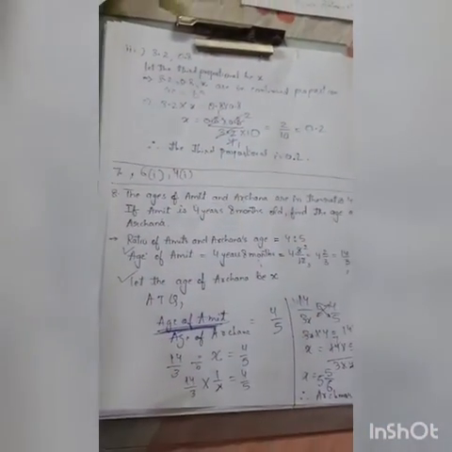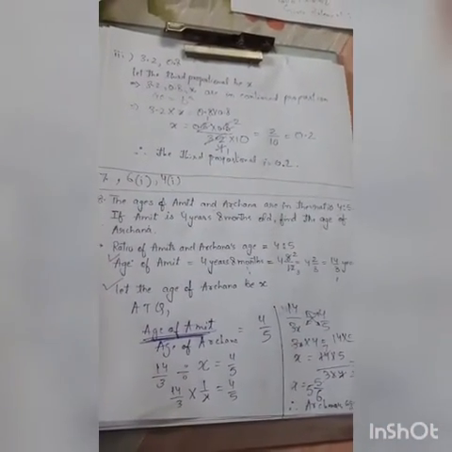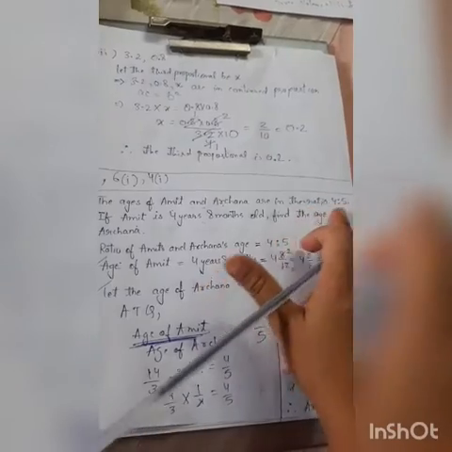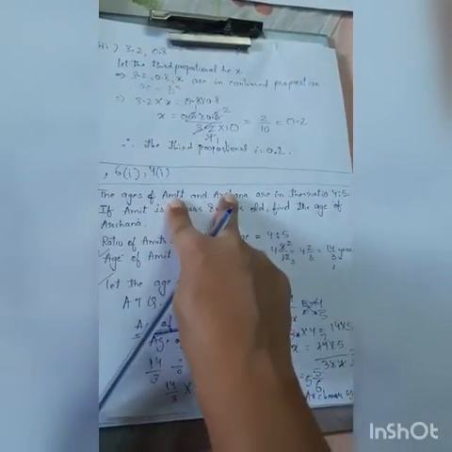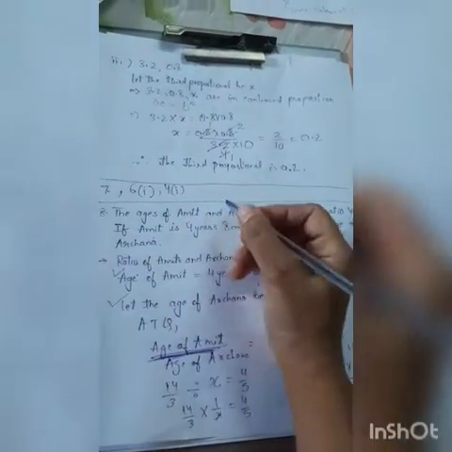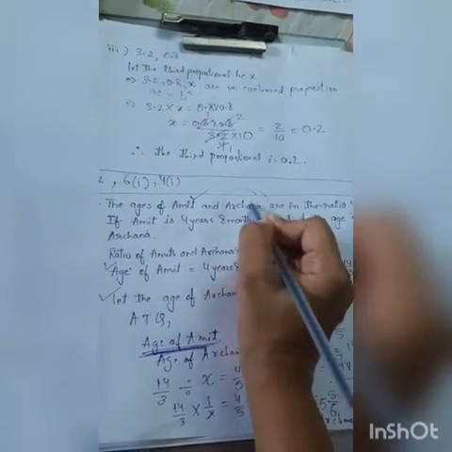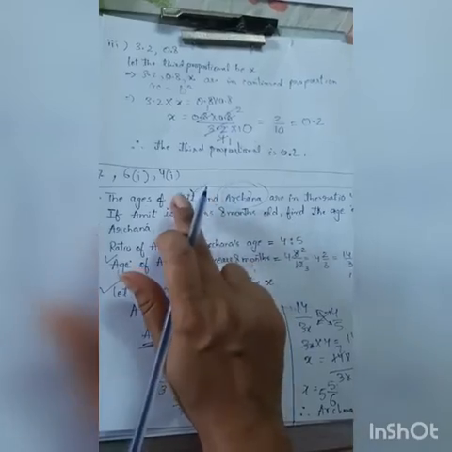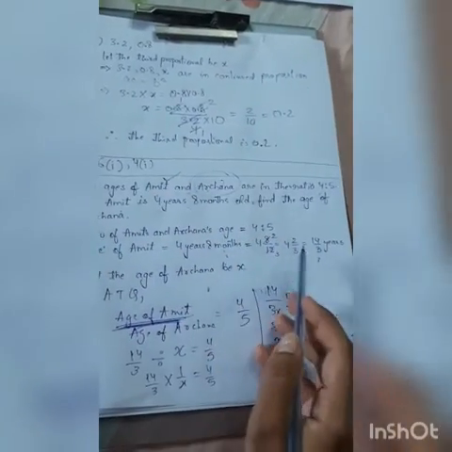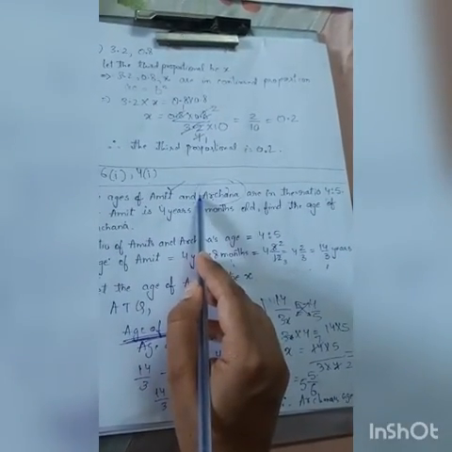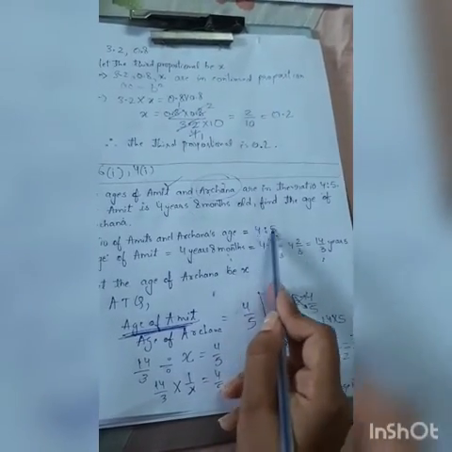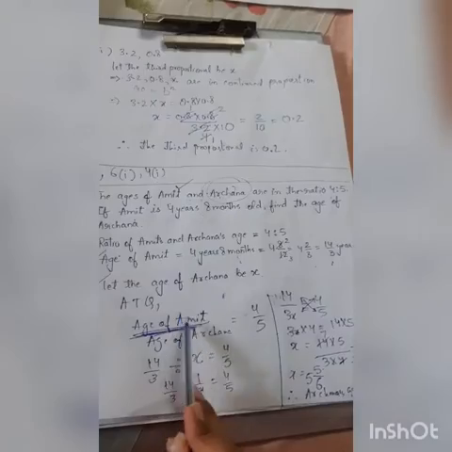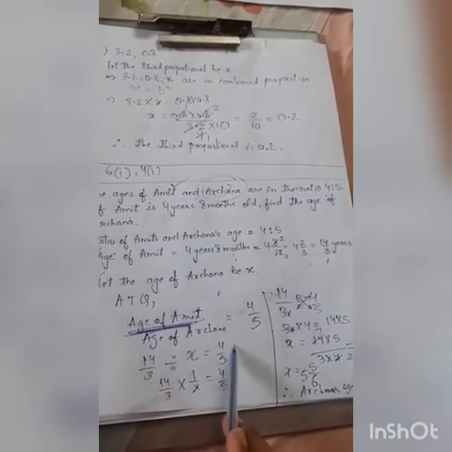Likewise you will do question number 7 also. Okay, I repeat, the ratio of the ages of Amit and Archana was given. Out of this we knew Amit's age and we didn't know Archana's age. तो हमने अमित की एज पता थी, अर्चना की नहीं पता थी. तो अमित की एज तो कितनी आई? हमने months में change करा, 14/3. अर्चना की क्या मान ली? x. तो अगर हम 14/3 और x को डिवाइड करेंगे तो हमारा क्या आना चाहिए? रेशियो 4:5. सो अमित की एज डिवाइडेड बाय अर्चना की एज का आंसर आना चाहिए 4/5.